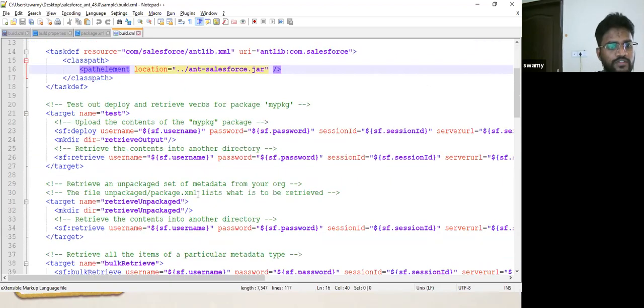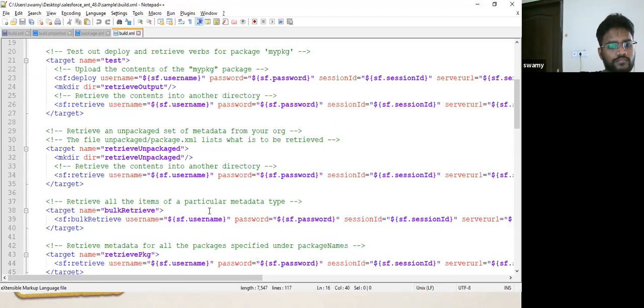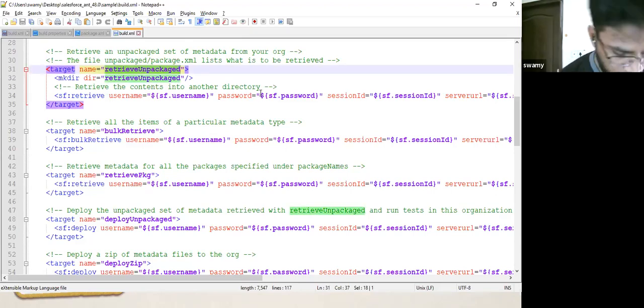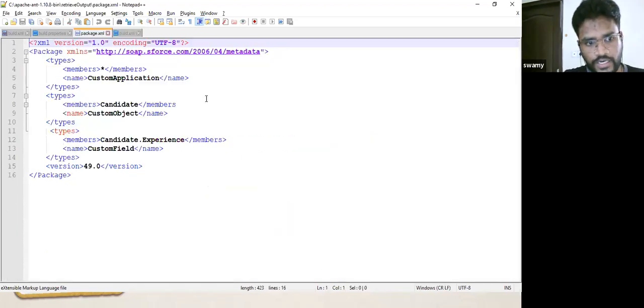And then come the different targets here. I will go with retrieveUnpackaged. There are two ways of creating your package.xml.